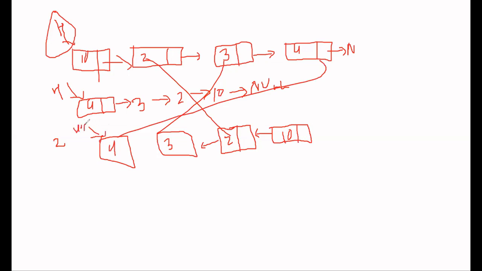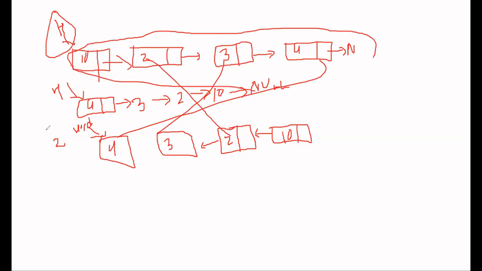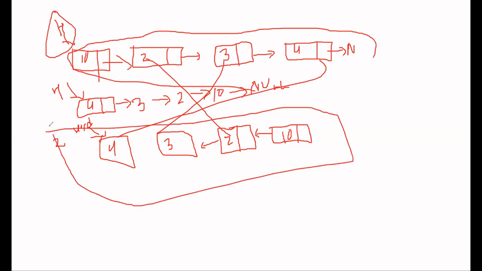What this means is that you create new nodes yourself, so that this linked list is also present in memory, and another new linked list is created. And there is another possibility: use these nodes only. We have allocated memory to these nodes. Our head should point to this node, its next should point to this node, and its next should point to this node, its next should point to this node, and its next should point to null.